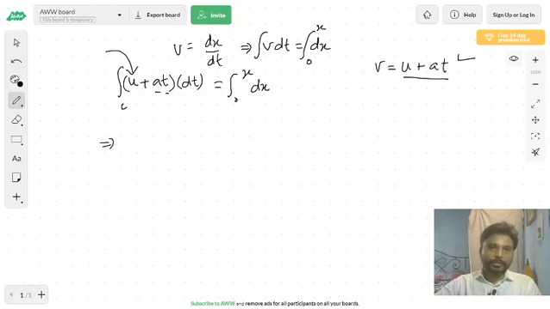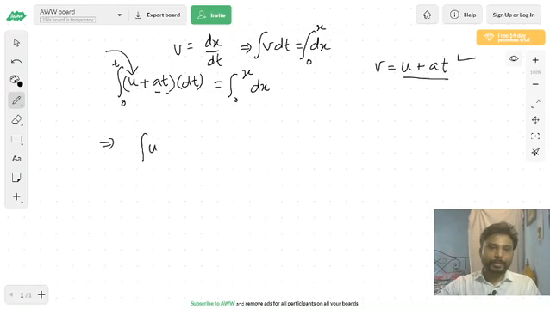We can also put limits over here, integral 0 to t, initial time, so time goes from 0 to t. Now let us integrate this expression one by one. Like in differentiation, where we took both the expressions separately and then differentiated, here also we would be taking both the expressions separately.